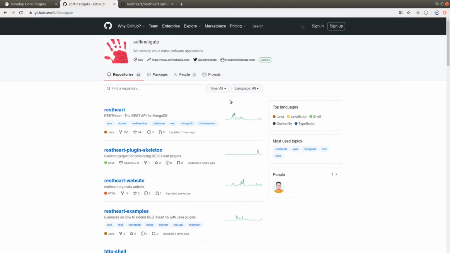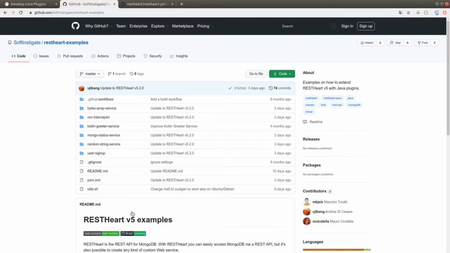After all this theory, let's move on to the practice and work on some coding. First, let's move on to GitHub, where we find the restart examples repository. Here we can see several examples of plugins, from which some of the code snippets we saw in the official documents are drawn.